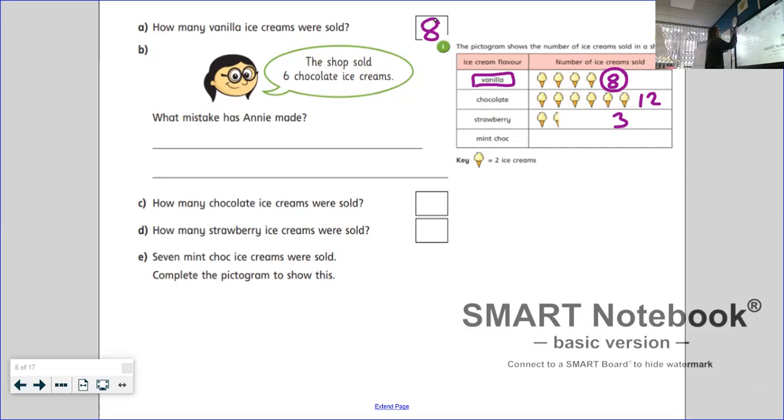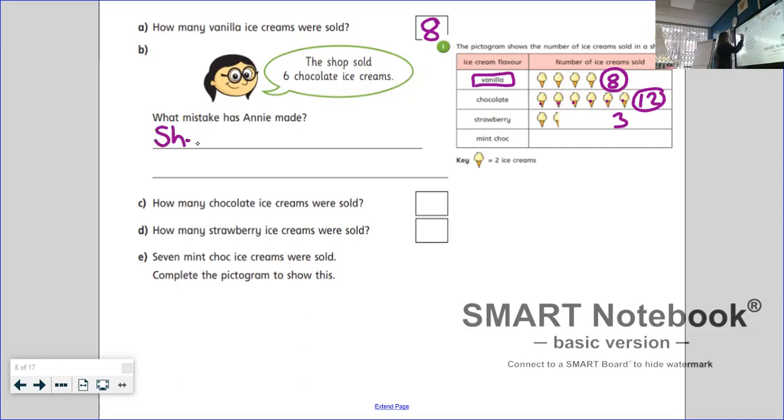B. The shop sold 6 chocolate ice creams. What mistake has Annie made? So I look at chocolate, and I know that my total is 12. So why does she think that it sold 6? 1, 2, 3, 4, 5, 6. Annie thinks that the ice creams are just representing 1 ice cream. She's not looked at the key. So I would write here,